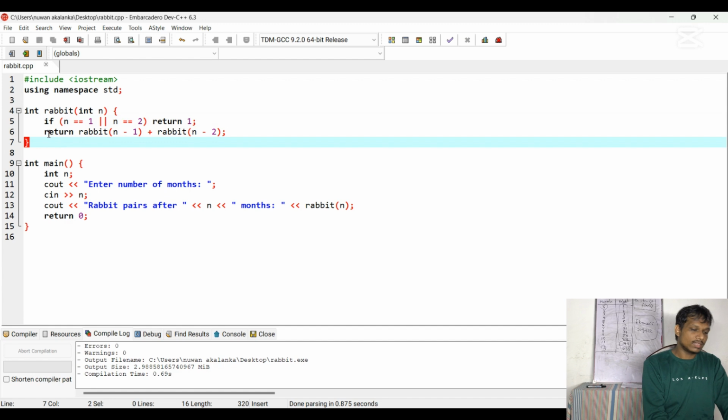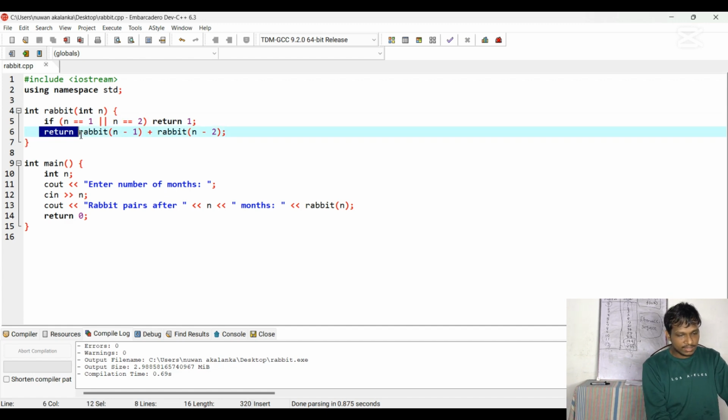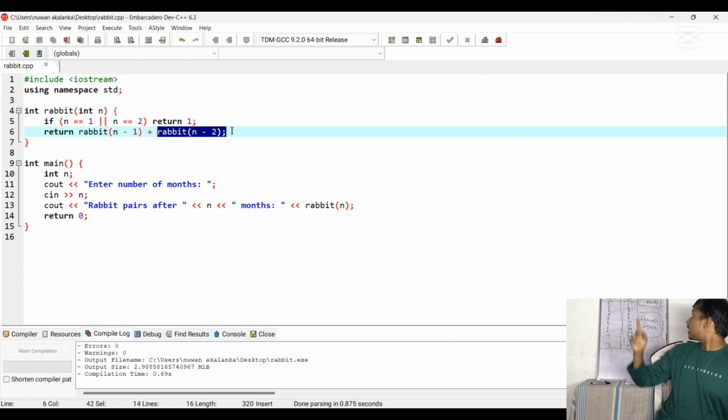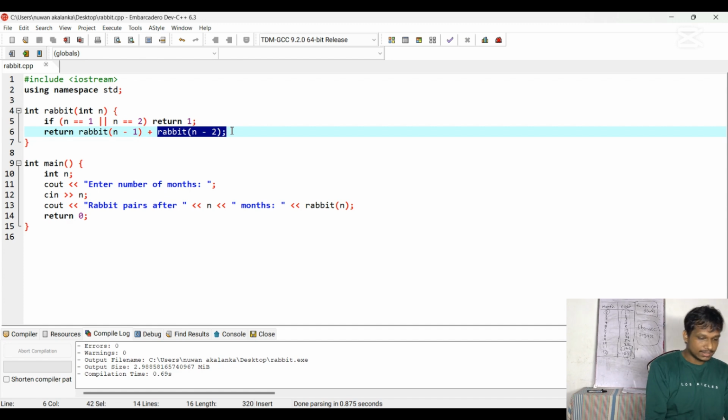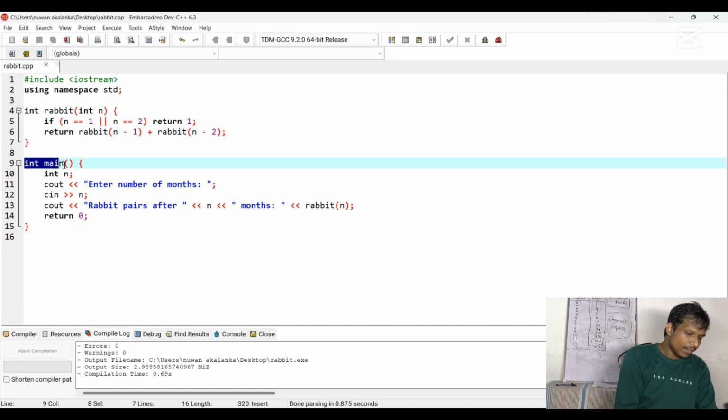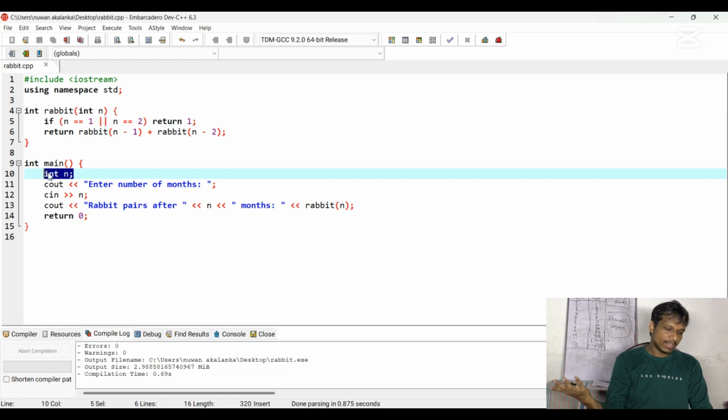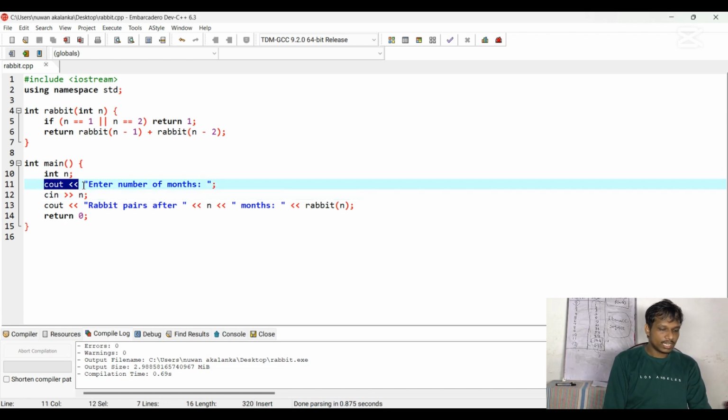Next we return rabbit n minus 1 plus rabbit n minus 2. It means our formula. After that, in the main method we use an n variable to store user input, and we use cout to print "Enter number of month".